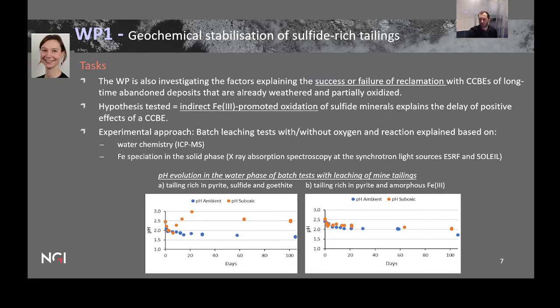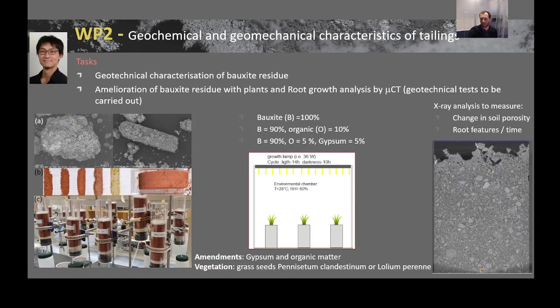However, a continuation of sulfide oxidation, even in the absence of oxygen, has been observed in batch tests. And we suspect that the presence of secondary iron 3 minerals in old mine tailings is the main cause of unsuccessful remediation. In work package 2, one of the tasks is the geotechnical characterization of bauxite residue and the